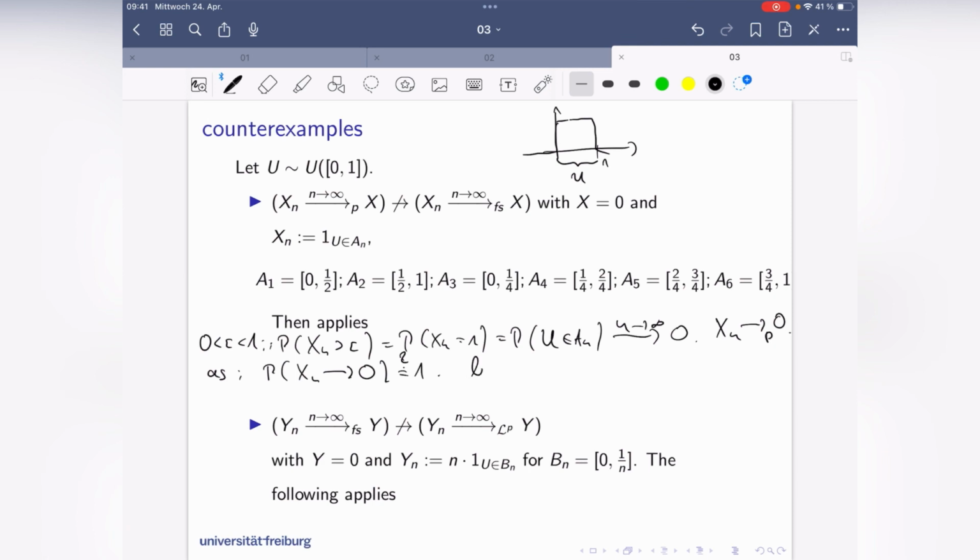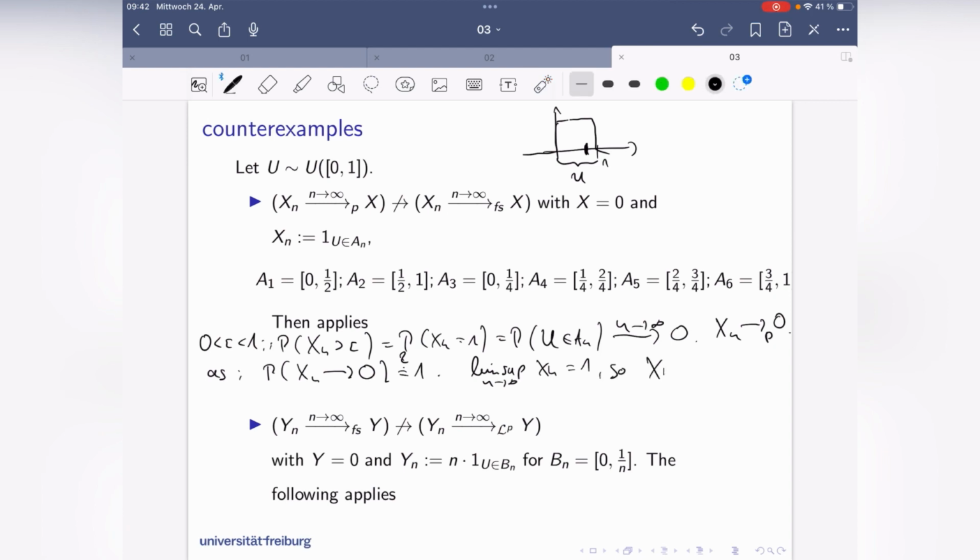But I claim that the lim sup of xn, n goes to infinity, is always 1. And the reason is the u that you have here has some value. Let's say like here. Then the intervals, so 0, a half to 1, they become smaller and smaller, but no matter how small the interval is, you will always find some with a bigger index which hits the u. And if it hits the u, then you again have a 1 in your sequence of xn, and that's the reason why lim sup xn equals 1, so that it cannot converge to 0.